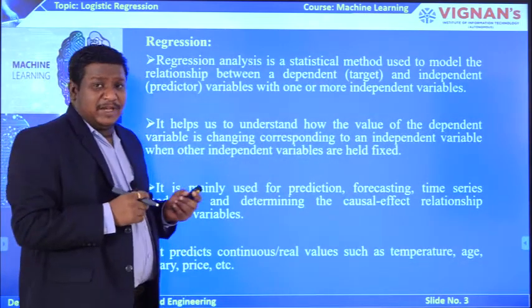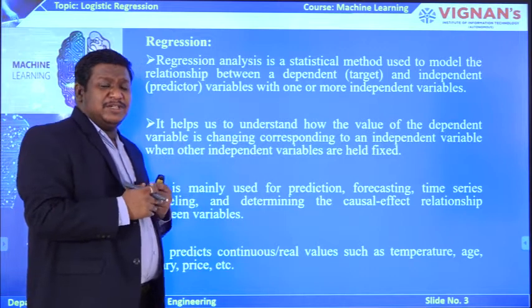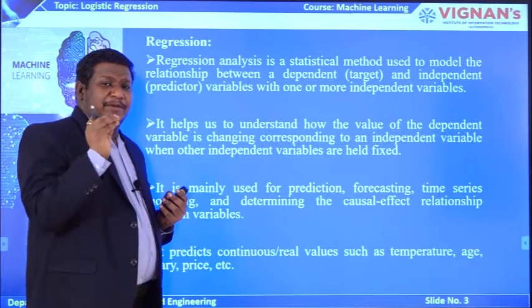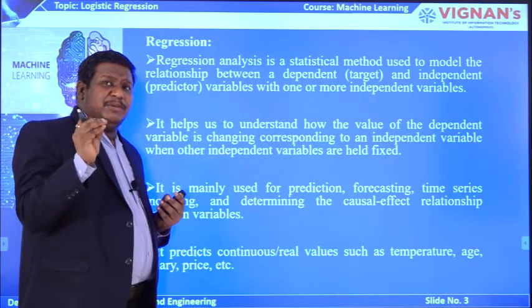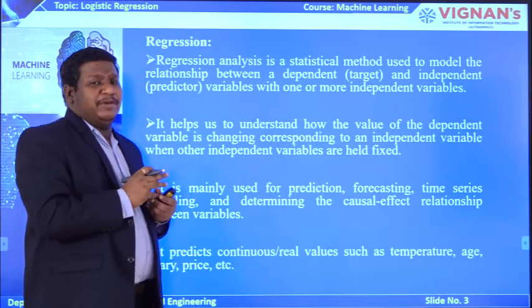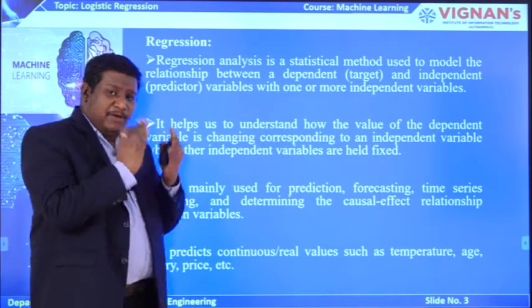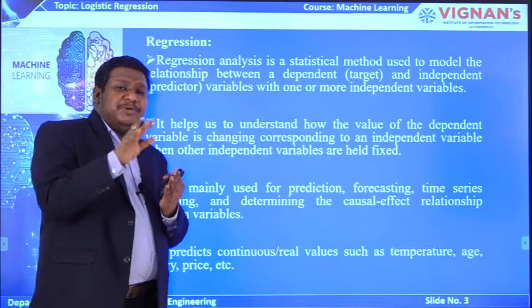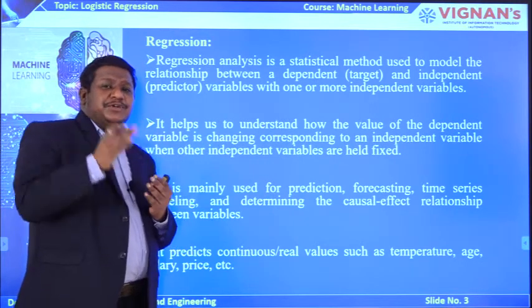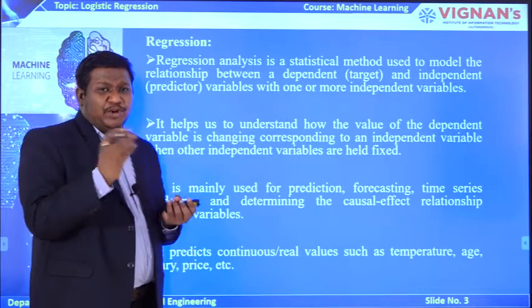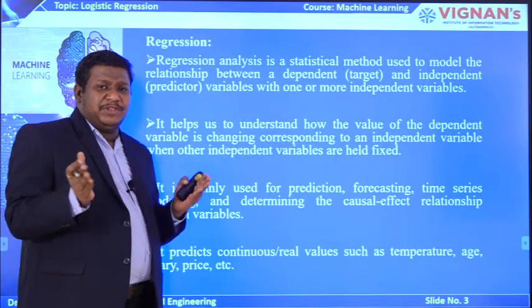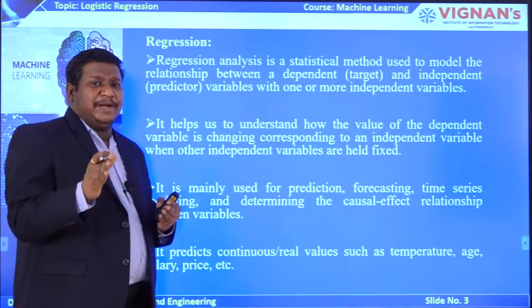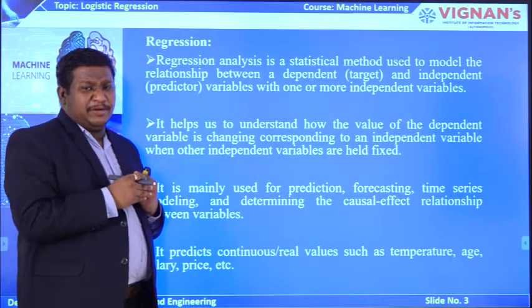We had already seen regression in our previous lectures. So what is regression? Regression always gives you a relationship between a dependent variable and an independent variable, where the minimum condition is that at least one independent variable should be there. That is, you have one dependent variable and one independent variable, and you represent the relationship between these two variables. Otherwise, if no independent variable is there, you cannot give the relationship between the two variables. Hence the condition for regression is that it always gives the relationship between dependent and independent variables, where at least one independent variable should be there.